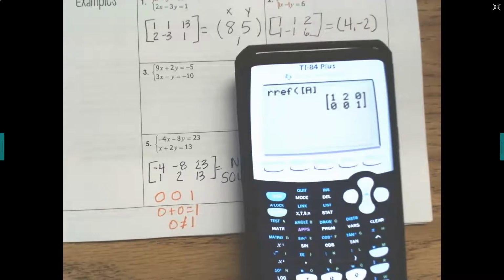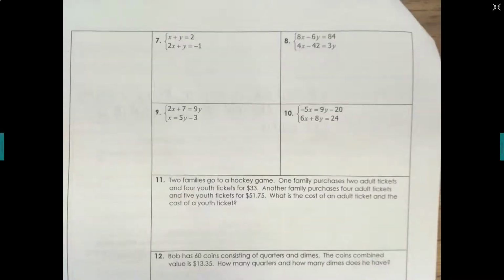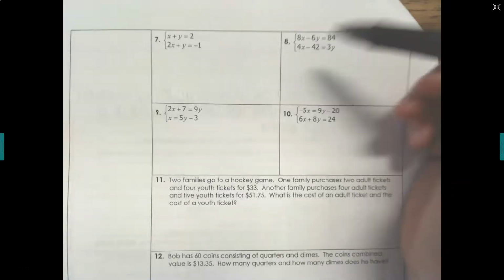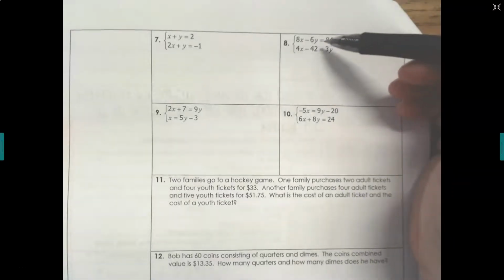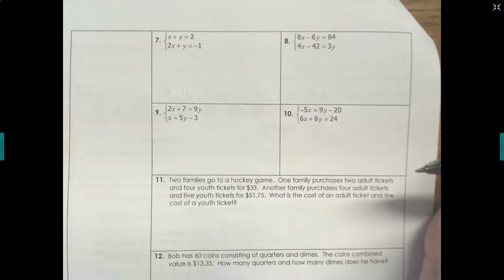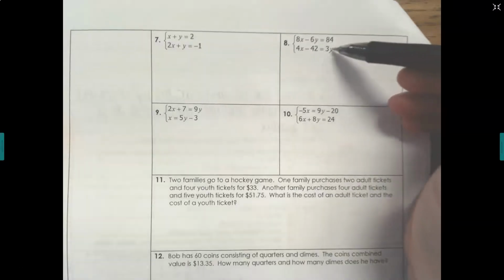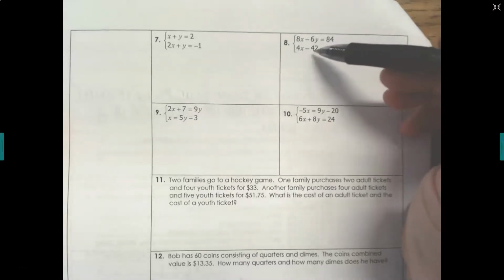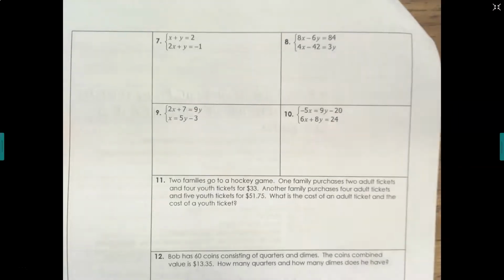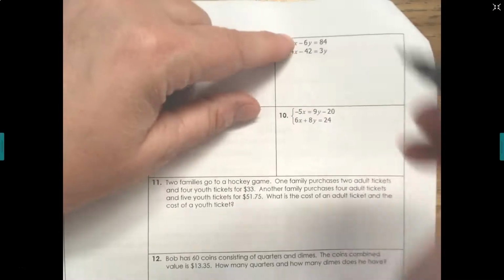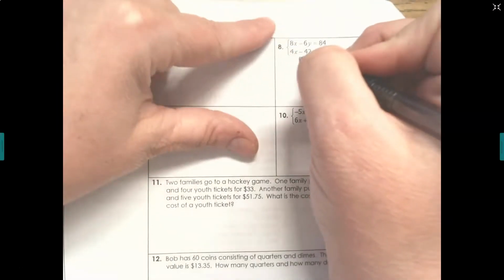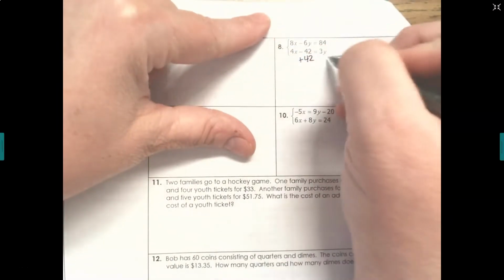Okay, so let's try a couple more. Flip this page over and we'll keep going. All right, let's try number 8. Now, we have x's over x's, but we do not have y's over y's. So notice I have the 3y on the other side of the equals. I need to move the 3y across the equal sign, and I also need to move the 42 across the equal sign. That's a negative 42, so we'll add 42,